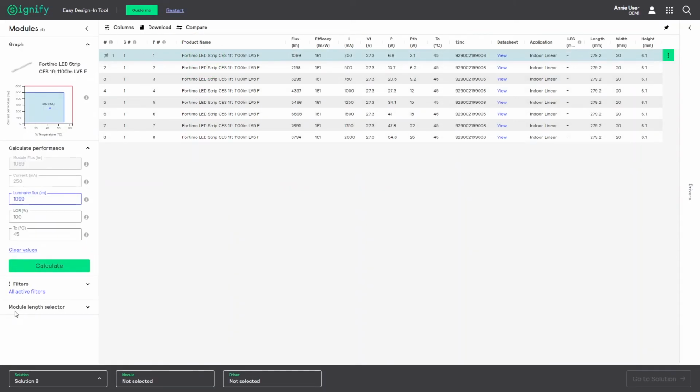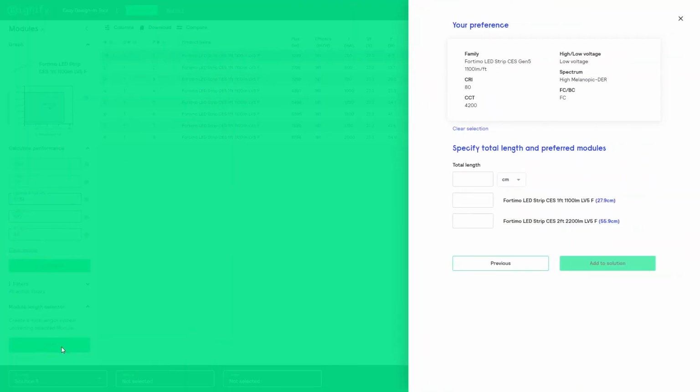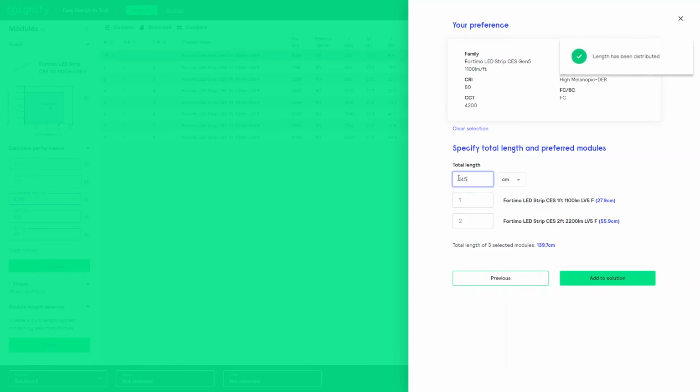Note the module length selector assistant becomes available. If you press Start, the length assistant will be reactivated. However, all the required selections have already been made, so you can go straight to the module combinations. It's that